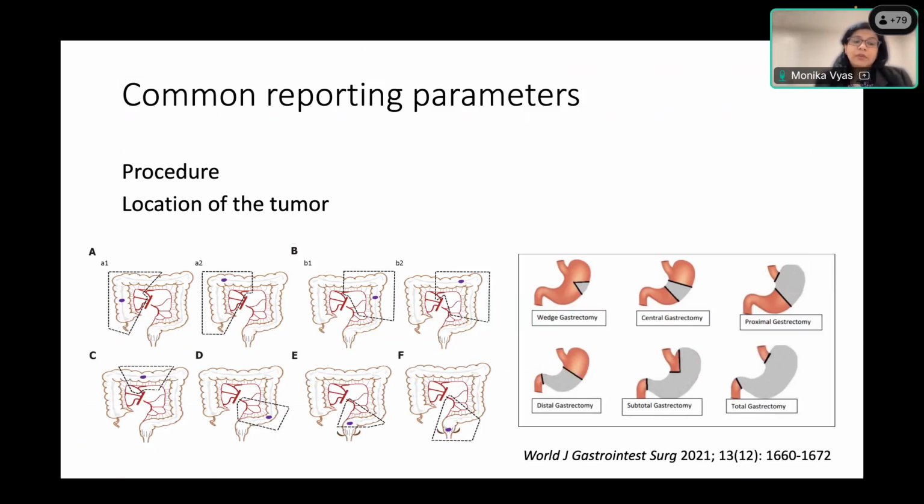We have to see if the patient has their appendix preserved, and then the rest of the colon that is attached. Similarly, in the upper GI tract example, in the stomach, you can have a wedge resection, commonly seen for gastrointestinal stromal tumors. Then you can have a central gastrectomy or a proximal or distal gastrectomy as well. So you definitely do need to know where the specimen is coming from, and that will determine what type of margins you're going to take, what other attached organs you're expecting, and also, to a certain extent, it impacts the lymph node yield as well.